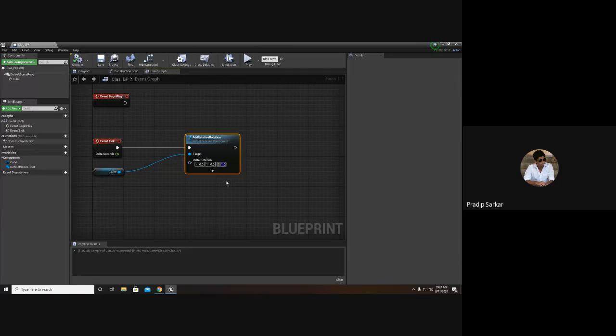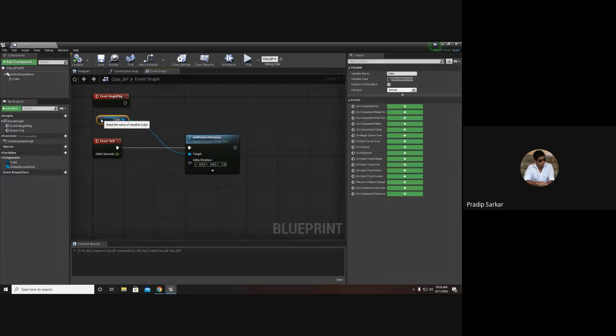Instead of doing this process, we have to create some public variables to control the rotation as per our need in the game.